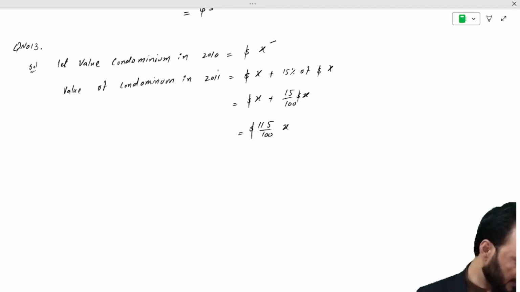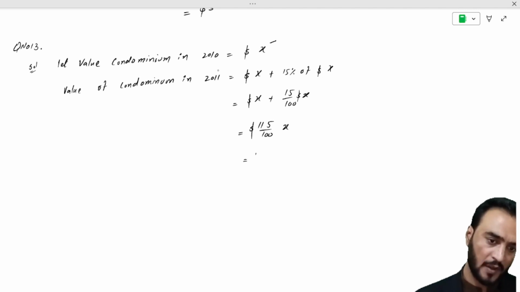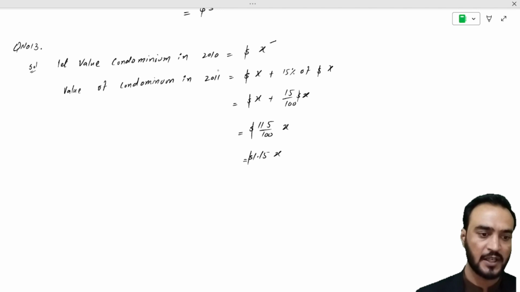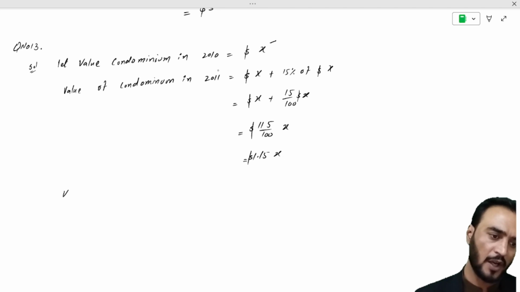Simplifying that, we will get 1.15 times X dollars. This is the value of condominium in 2011. Now the value appreciates 15% more in 2012. Now the value of condominium